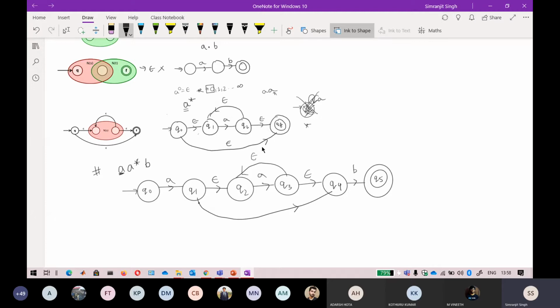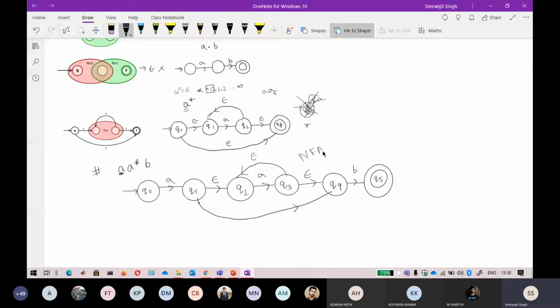If you look clearly, there is only one final state here, and it is accessible by only one state. All the conditions that I told you at the start are correct, so the Thompson construction method is applicable for this one. When you apply all the methods, in the end you will get a certain NFA or a DFA.